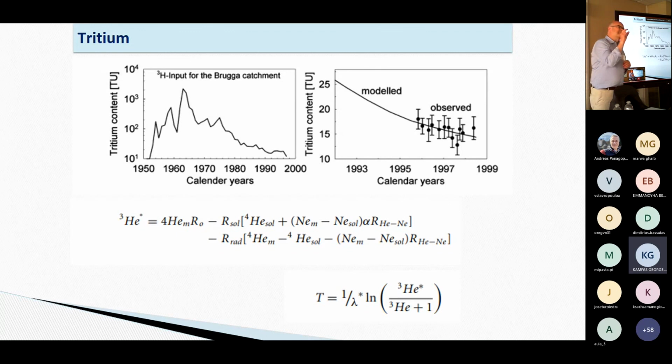And we can measure down to 0.1, 0.2. So you see that after about 50 years, we have 0.3 something. And then after 62 years, we are close to the detection limit. So if we take the natural input of tritium to a system, being more or less